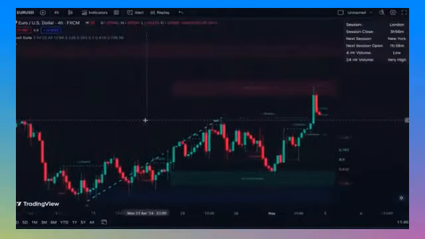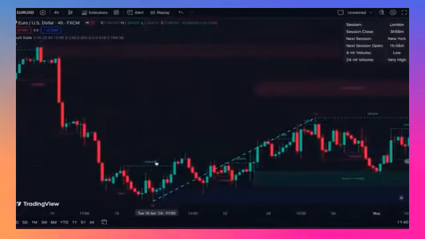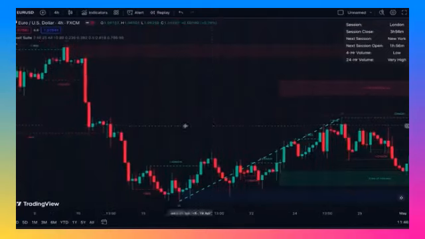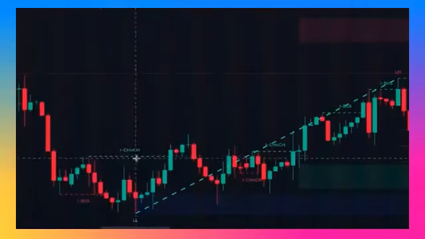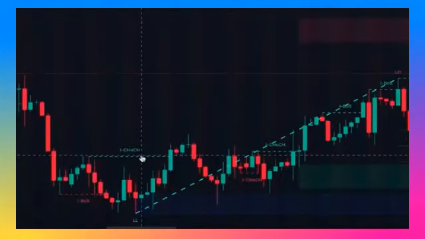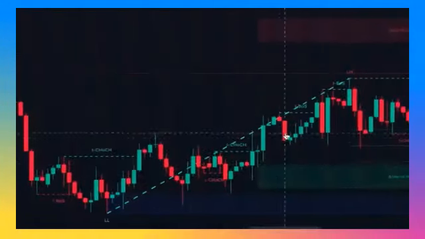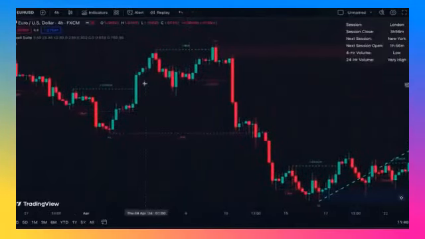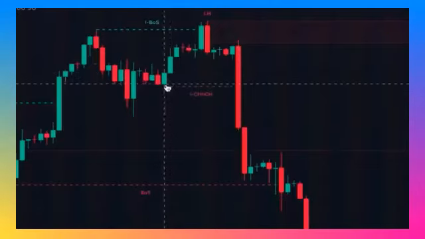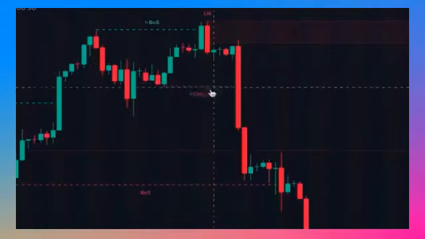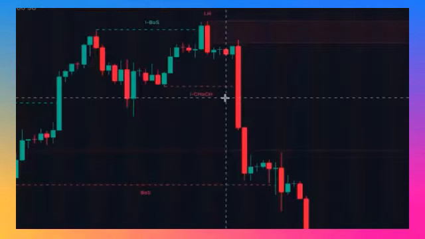And change of character, which is shown by CHOCH, is actually when we get a reversal in the market. For example here, the price is declining in a downtrend, and when the last lower high is broken, in other words, the price breaks above the last lower high, this is change of character, and this shows that probably the market is turning to an uptrend. And similarly, when the price is advancing, when the last higher low is broken, in other words, the price closes below the last higher low, this is change of character, and this is a sign that probably the price turned